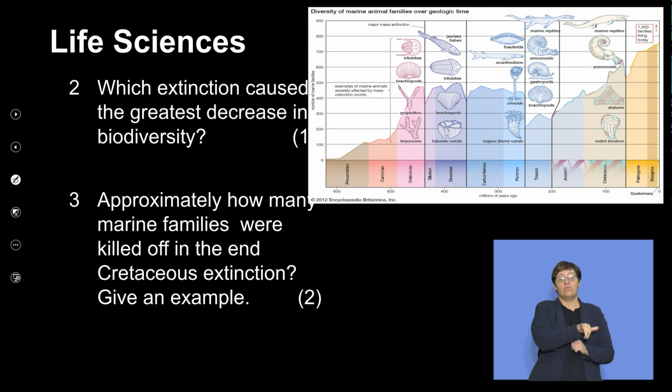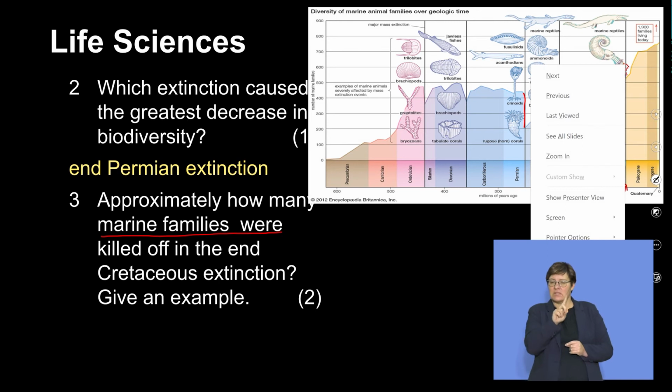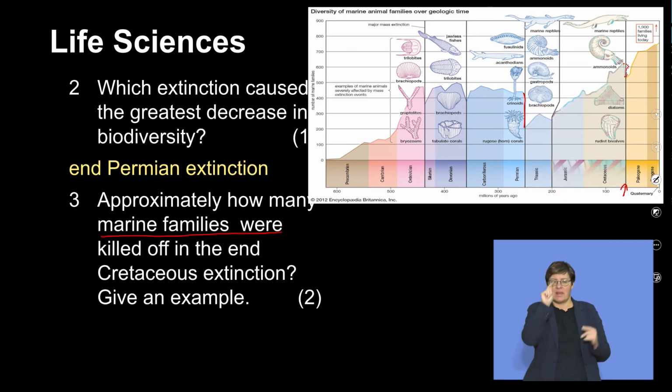Next question. Which extinction caused the greatest decrease in biodiversity? And from what we've done, we know that that is the Permian extinction, the extinction at the end of the Permian. Then, how many marine families were actually killed off in the end Cretaceous extinction? So you find the end Cretaceous extinction, which is here, and you have a look at more or less how many different families disappeared, and that is about